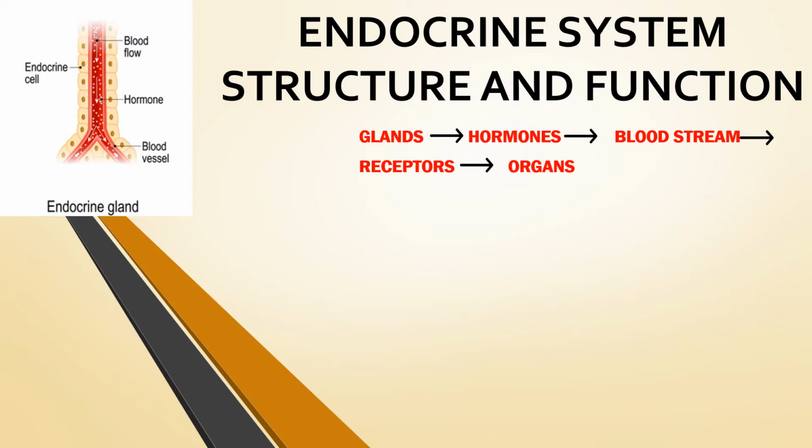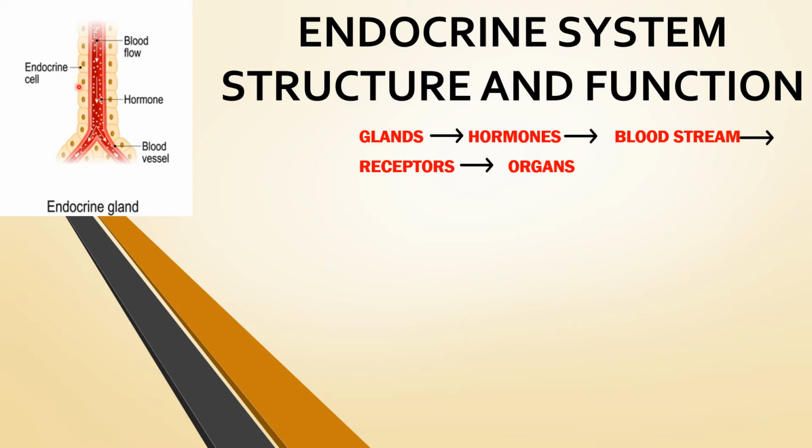The endocrine system is a collection of ductless glands. So these glands don't have ducts. They produce hormones, and these hormones are secreted or released into the bloodstream or the circulatory system. The endocrine glands work without a duct for carrying secretions towards the target organs. The hormones made by the glands are released into the bloodstream or the fluid surrounding the cells.